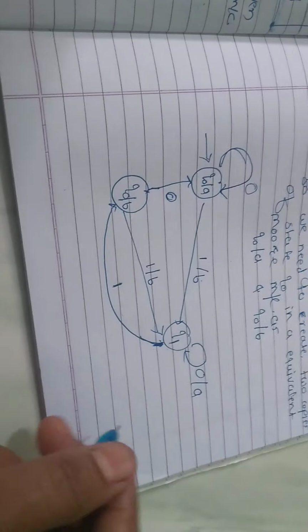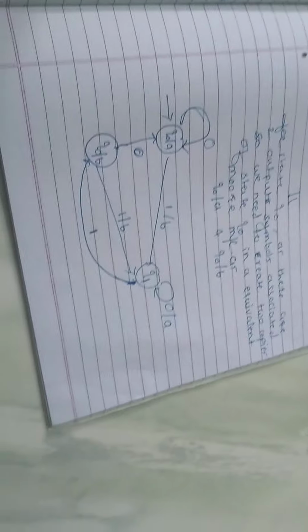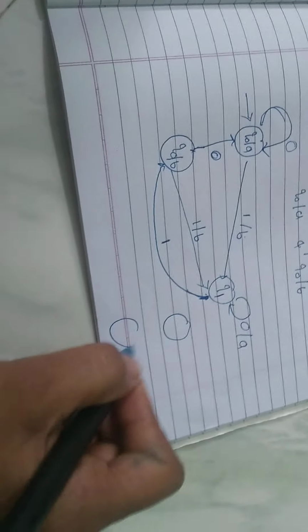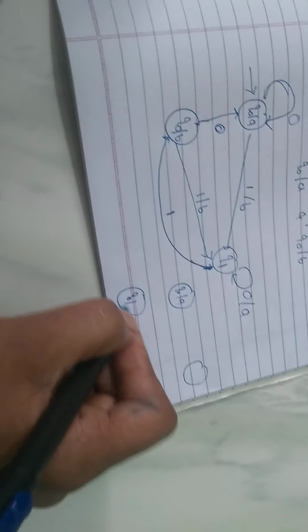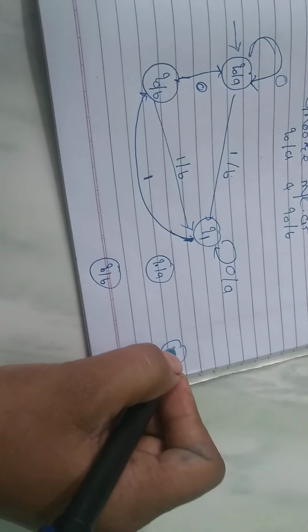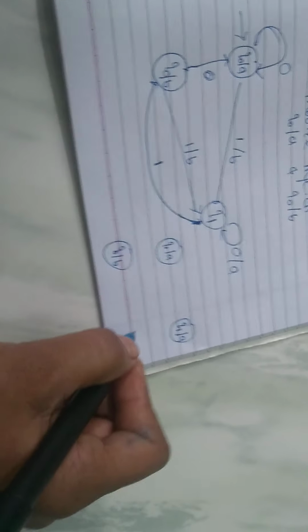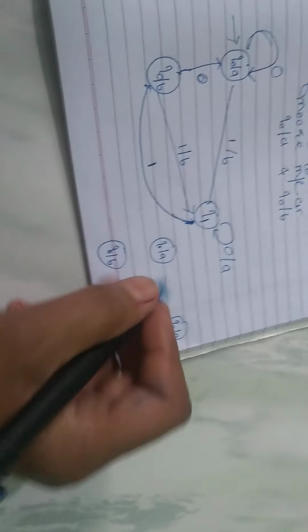Okay, so let's convert this. I think I should cover that part. Okay, I will draw it small, it will be easy to understand. I will draw this here only. I will draw first Q0, then Q0 oblique A, Q0 oblique B. Now what is here? We need to create the two copies of Q1 oblique A, Q1 oblique B, right?